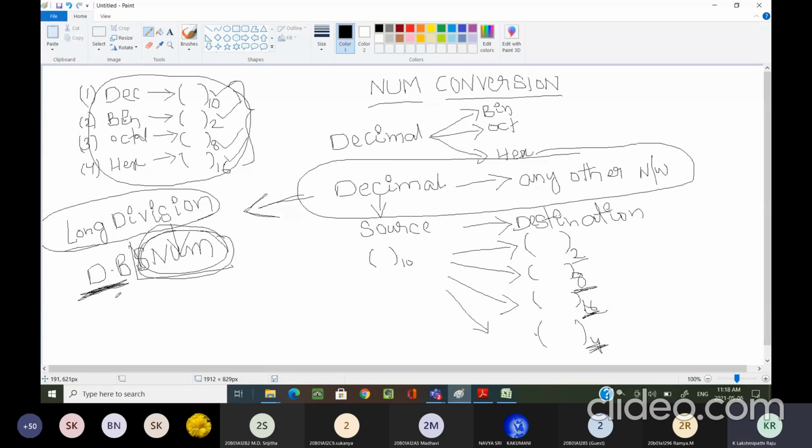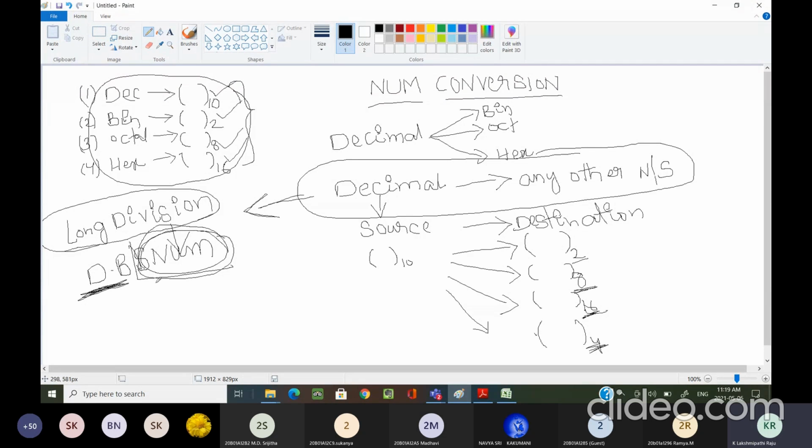It is a simple procedure only. You have already done it in your primary school mathematics. The problems we are going to do today and in the coming days are easy, not like complex mathematics. It is only simple mathematics. Now the procedure we are following is long division, not only for binary, octal or hexadecimal, but from decimal to any other number system.